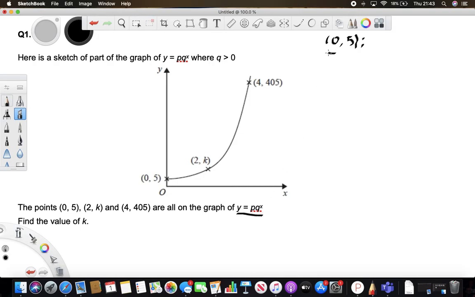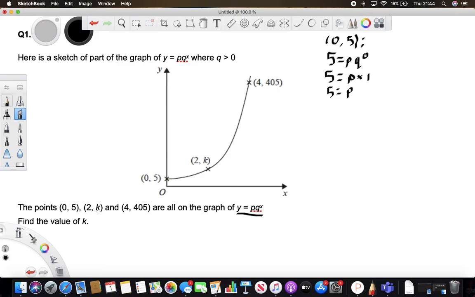So we'll have that 5, because that was y, is equal to p q to the 0, and that means that 5 is equal to p times 1, because anything to the power of 0 is 1, so that just means that 5 is equal to p. Okay, so now we've got something that we can maybe work with, so we'll keep going, and we'll leave the 2k part,